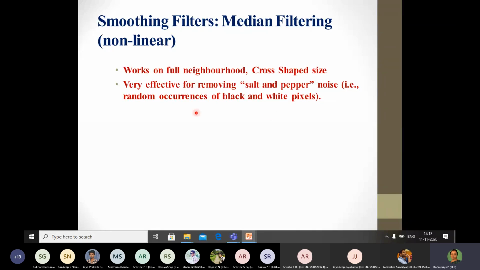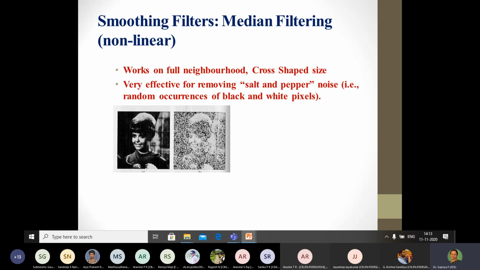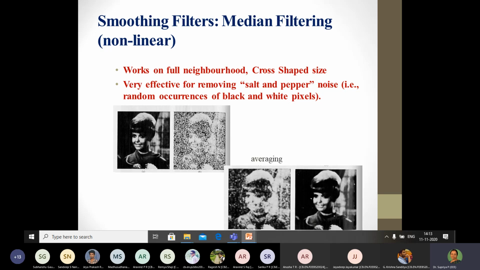It is, as has been mentioned, random occurrences of the presence of black and white pixels, which means if I say a density is 5%, by default MATLAB gives 5% black and white pixels in the image. Here an example is also shown where an average filter and a median filter have been used for removing the salt and pepper noise that has been added to an otherwise clear image which is available here.